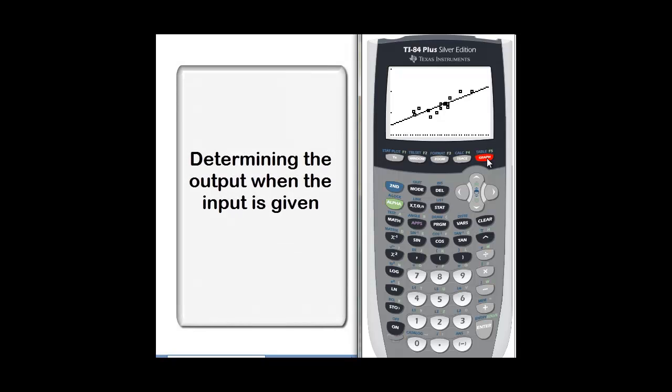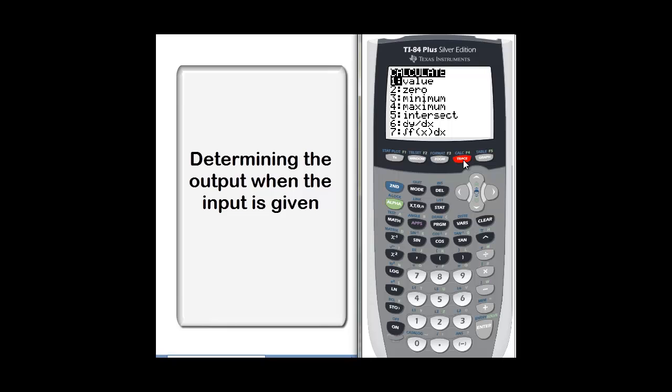Oftentimes you'll be asked to interpret information from your regression equation. For example, in our example about the cricket chirps and the temperature, you might be asked, if the temperature is 95 degrees, how many times would you expect the cricket to chirp per second? To determine that, we would go to second trace,